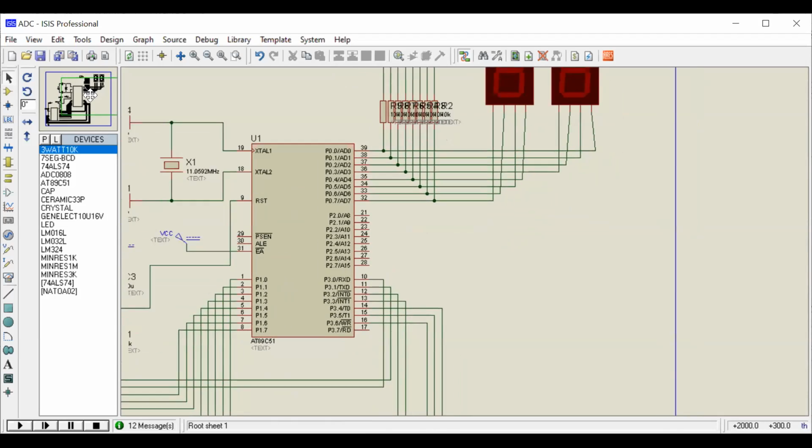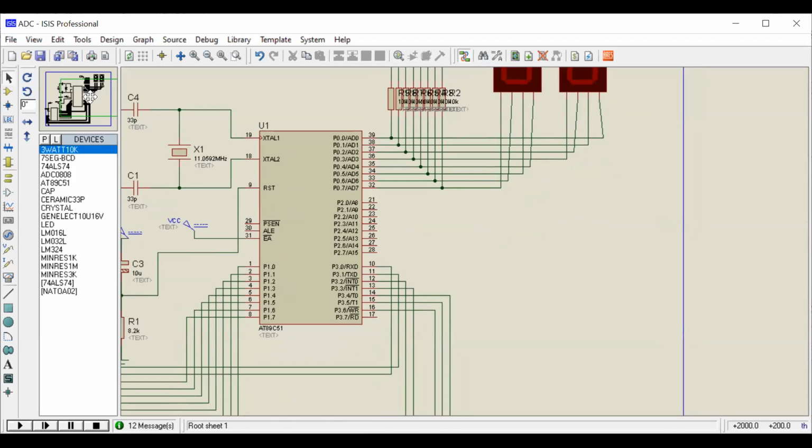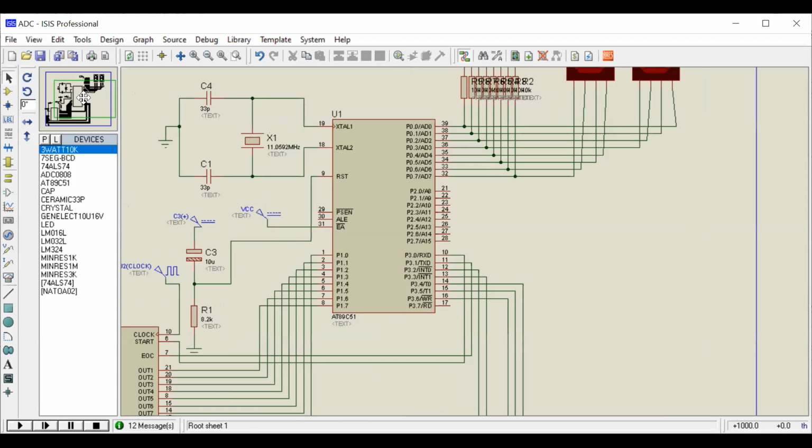And next one is port 3. Here at port 3, we require control signals like start of conversion, end of conversion, read signal. So from this design, port 0 is for displaying, port 1 for reading digital data, port 3 for control signals. So it is the designed circuit.